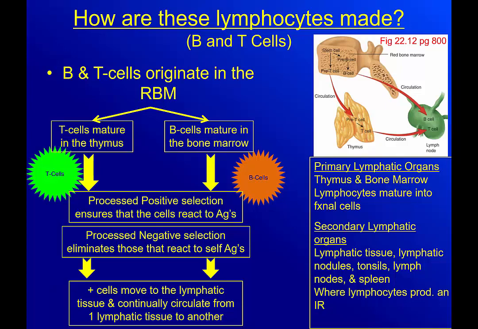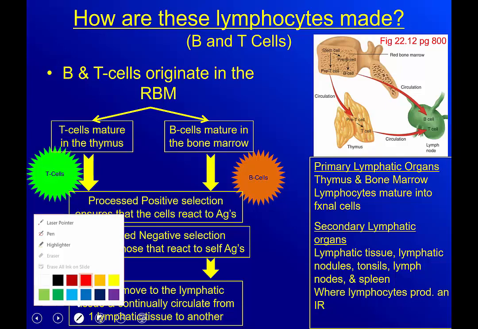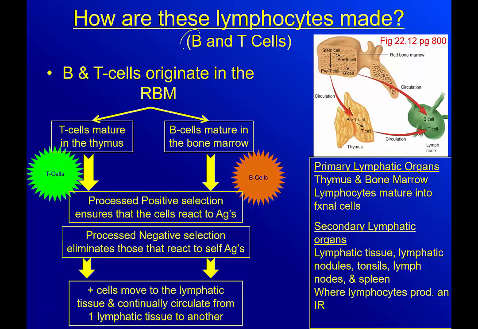Okay. How do we make lymphocytes? So the 2 types of lymphocytes that we primarily are going to discuss are going to be the B cells and the T cells. Both of them originate in the red bone marrow. Part of this we've kind of already talked about when we were talking about the general lymphatic system. But B cells mature in the bone marrow, and T cells, while made in the bone marrow, actually have to